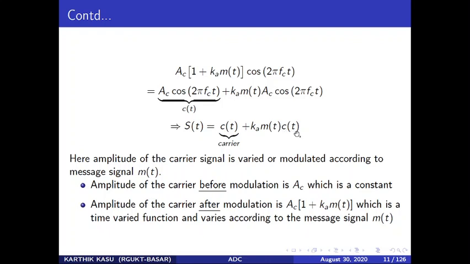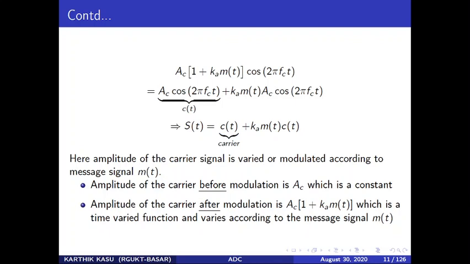Our carrier. So simply, modulation means multiplying our message signal with our carrier signal. Here we are adding c of t, but that is not the case with all modulation techniques. This is a generalized modulation. What will happen if you modulate? You have to multiply your message with the carrier. If at all you want to modulate a signal, your message signal m of t, what will you do?